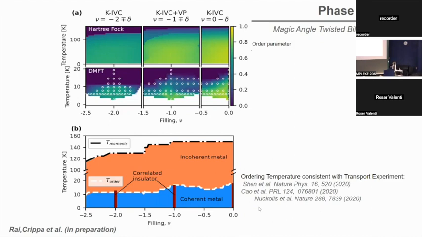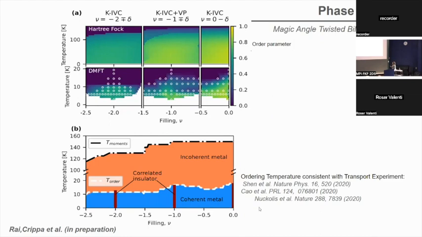As soon as we go to the symmetric phase, this is a very incoherent metal, where at integer fillings it is not an insulator because we still have an incipient weight there, which is non-zero. And these ordering temperatures predicted by DMFT are in fact consistent, for instance, with transport measurements, where they see, in fact, a